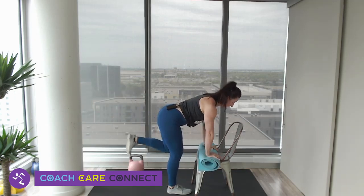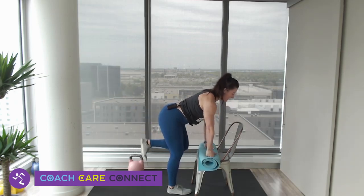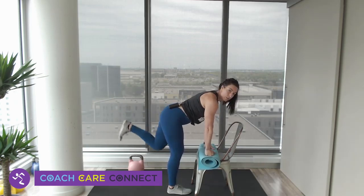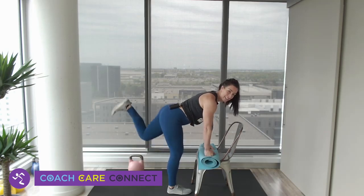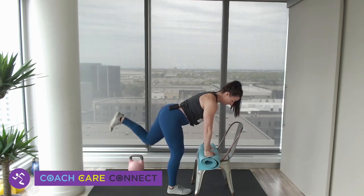You certainly can put your hands down too. It just for me, just that little bit, one more inch of an angle, I'm able to target my booty a little bit better. All right,